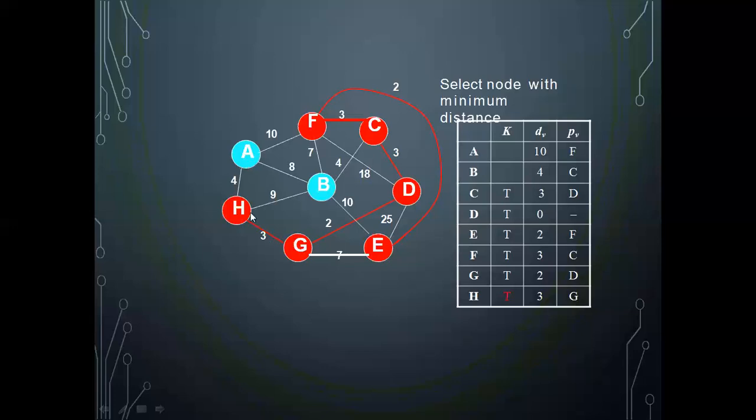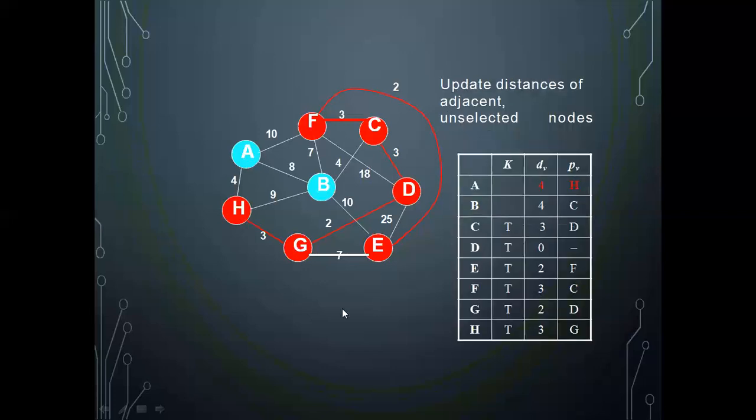So that was added. Now from H I should see which all are the edges present in the graph. H will have only 3 edges. The first one is H to B. That distance is 9. The already existing value is 4. No need to update. H to A, the distance is 4. The value existing is 10. So I should update. And the other one, H to G, both H and G are part of the spanning tree already. So no need of considering that edge. So the A value is updated with 4 and the parent became H.